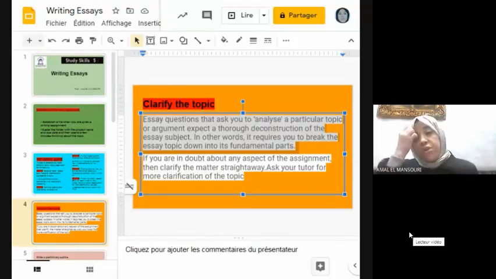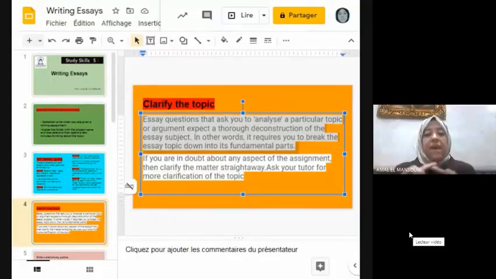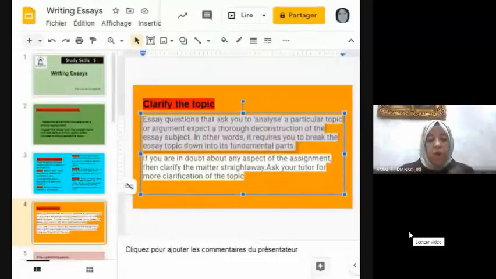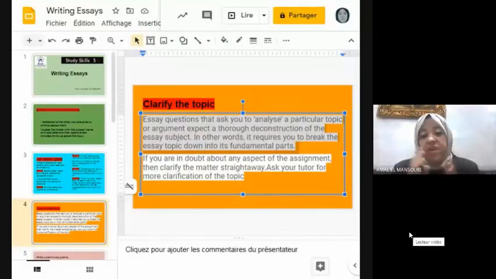So of course, your writing assignment depends on the essay question. Sometimes you will be asked to discuss, explain, summarize, define. So that's why you have to approach the writing assignment each time in a different way.